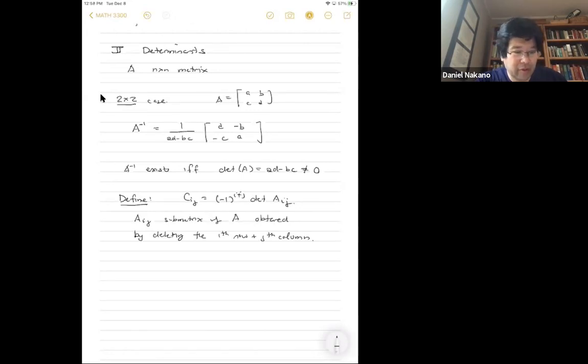Okay, so we've seen many examples of this. If you have a 3 by 3 matrix, you can write the determinant in terms of 2 by 2 matrices and their determinants,